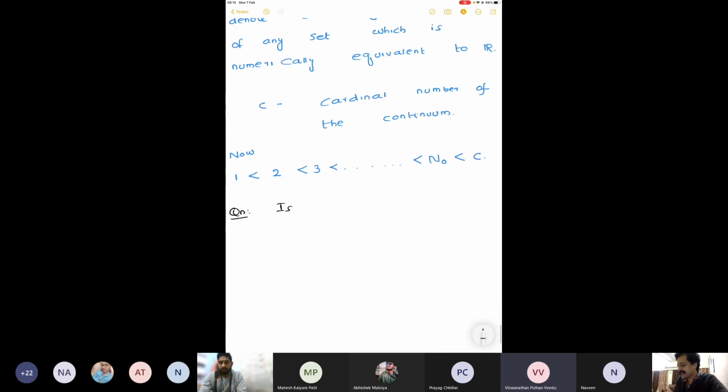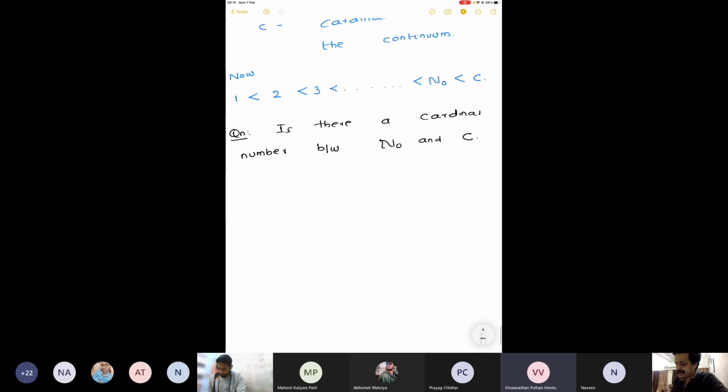Is there a cardinal number between Aleph naught and C? Do you know that answer? Not exist. No, sir. That does not exist. That is called the Cantor's continuum hypothesis. Okay. Cantor's continuum hypothesis is that